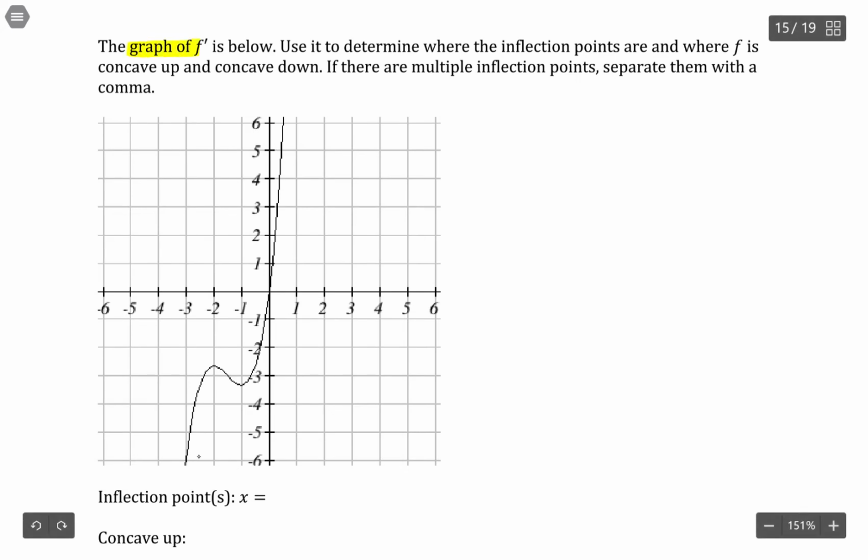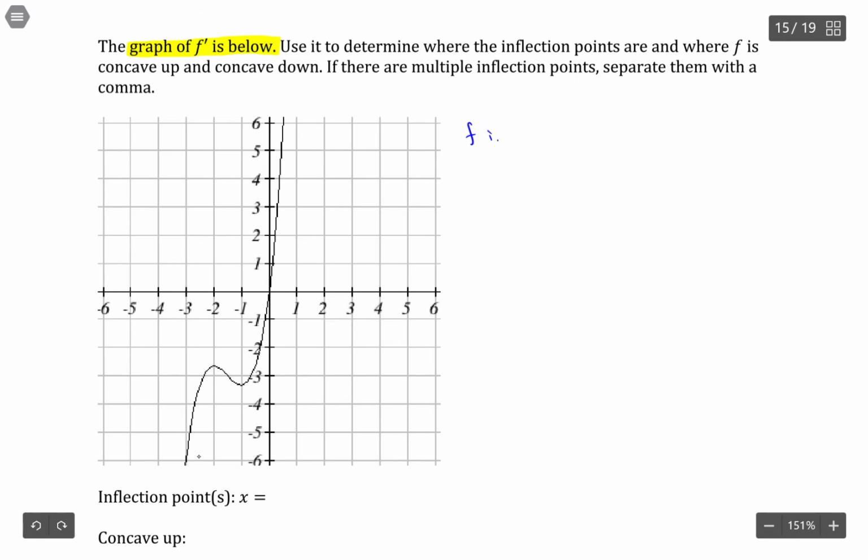Carefully read this problem because we are told that this is the graph of the derivative of a function. It's not just a function, because if it were, we would say the inflection point's probably about right there. But since this is the derivative of some function, we can't use that as the location of the inflection point. What we probably need to do is really start brainstorming and thinking about what the definitions tell us for individual functions. So, for instance,